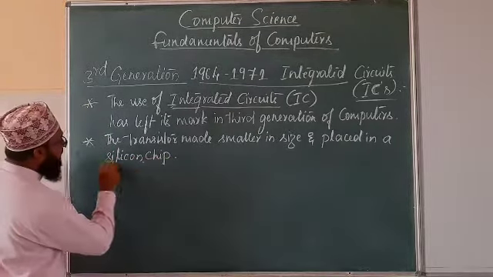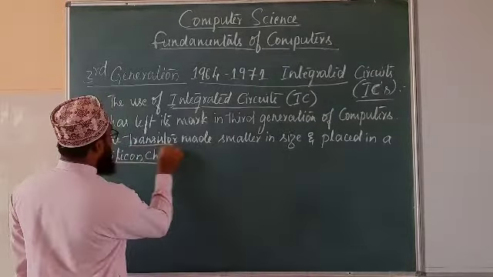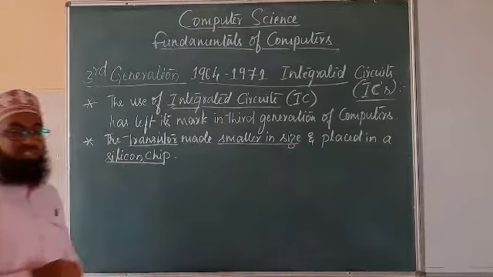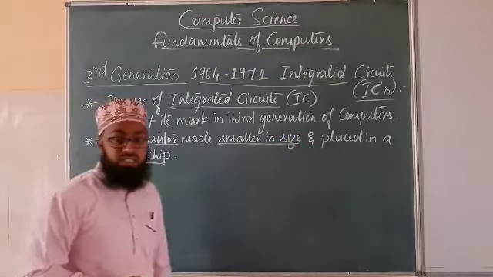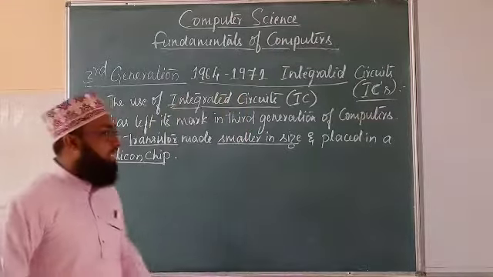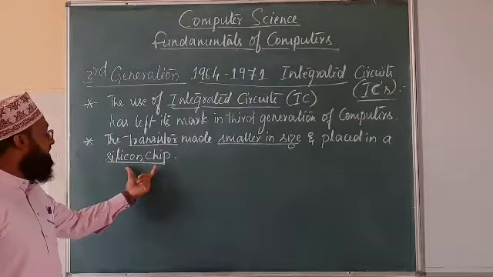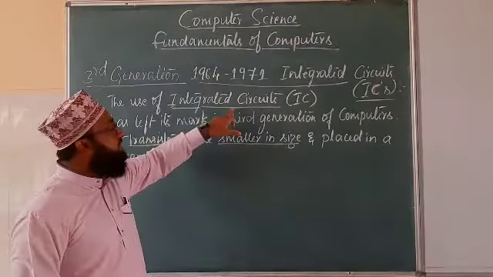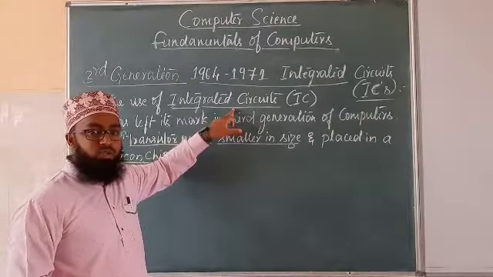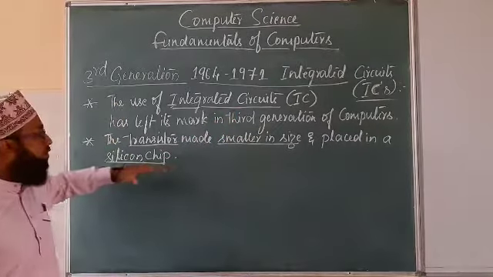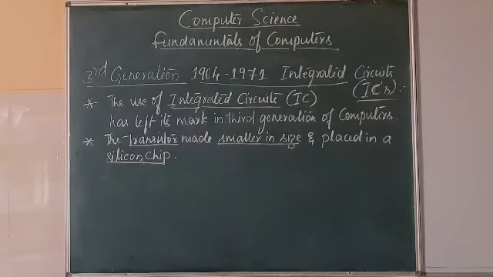So transistors, okay, they are made smaller in size. The size of the transistors is decreased, and those transistors are placed in a silicon chip. This silicon chip itself is called an integrated circuit, that is IC. Hope you have understood the integrated chip,